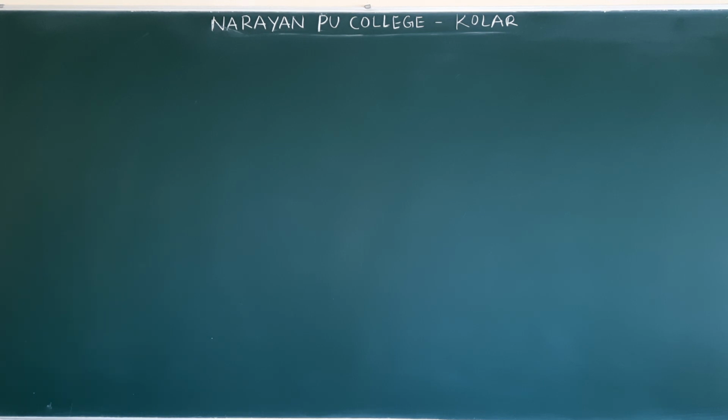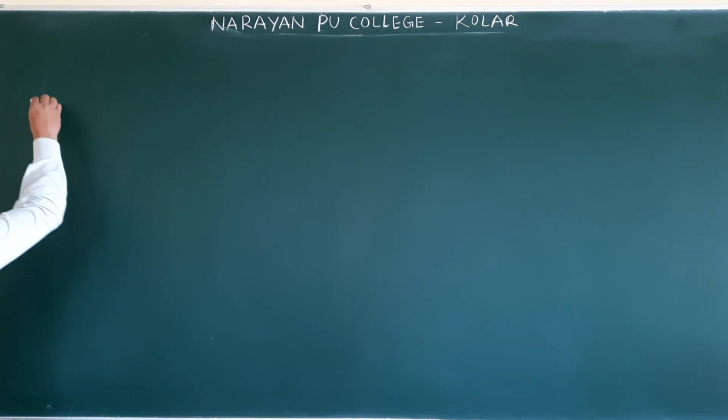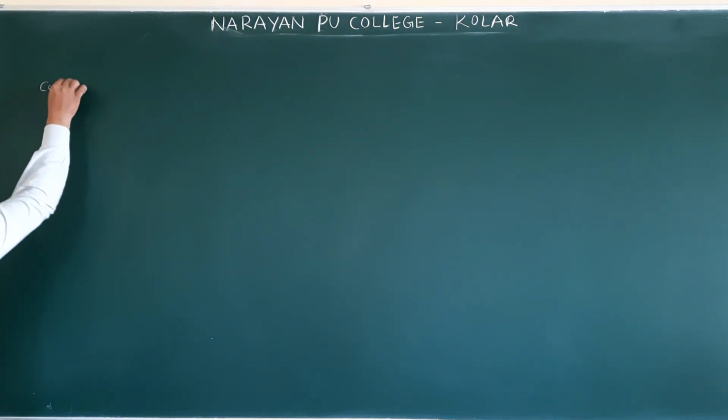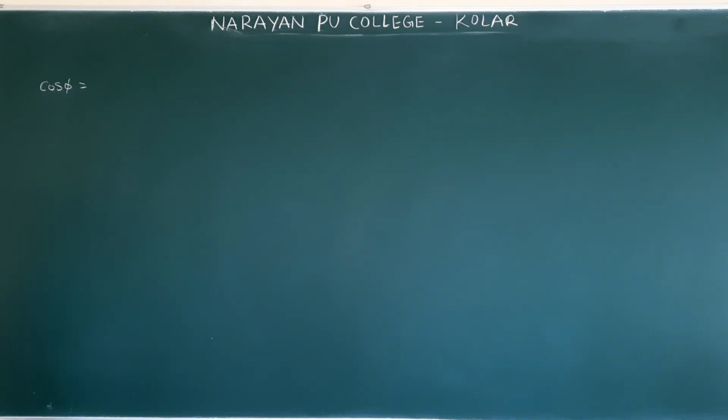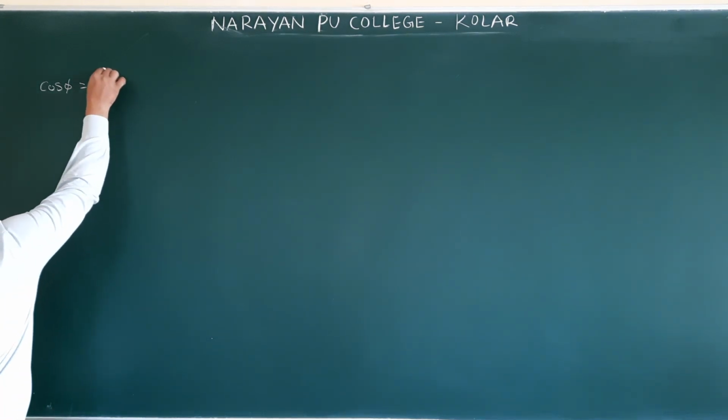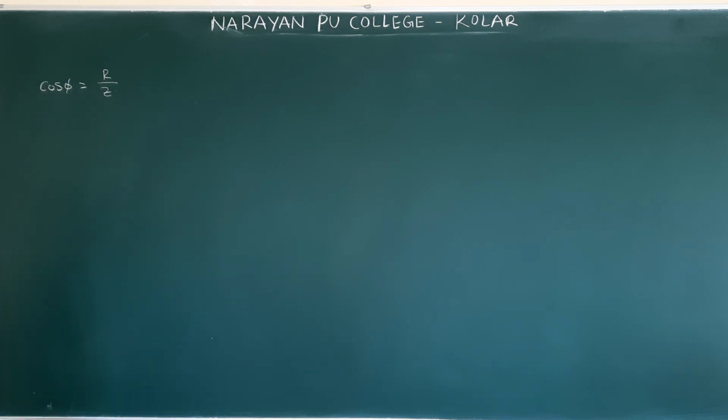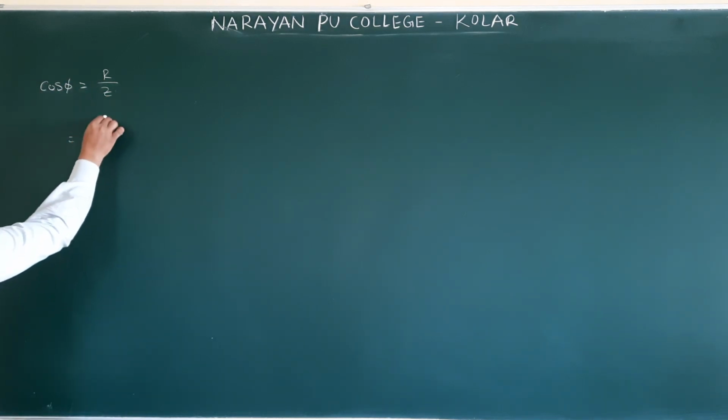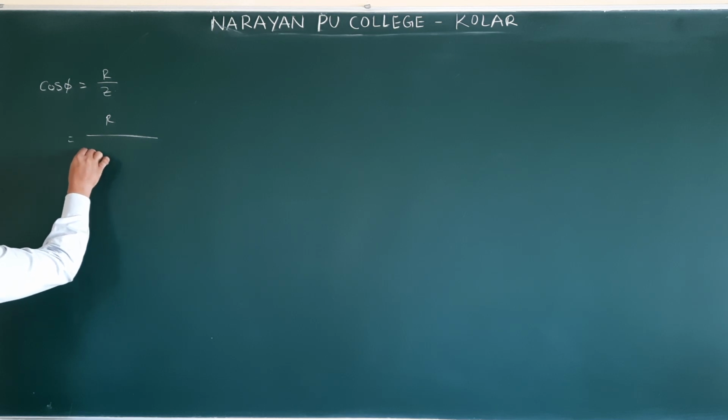In a series RLC, means LCR circuit, the current leads the voltage. Current is leading means XC is greater than XL according to theory. To raise the power factor of the circuit, what is the formula? Cos phi is the power factor. The formula is R by Z. What is Z? The impedance equation for the LCR circuit.